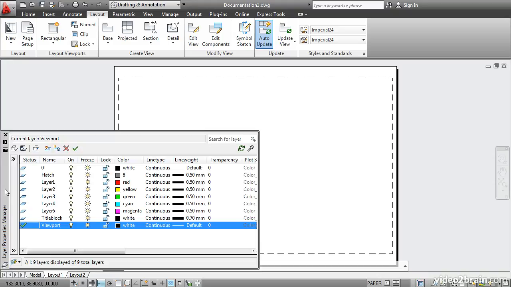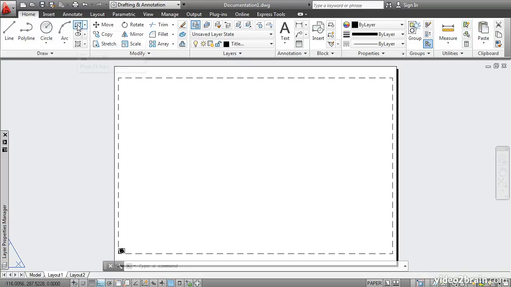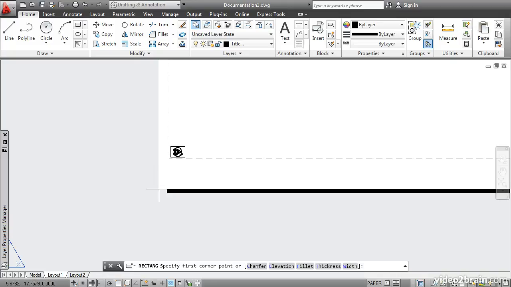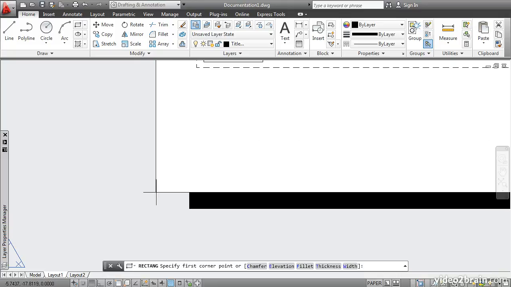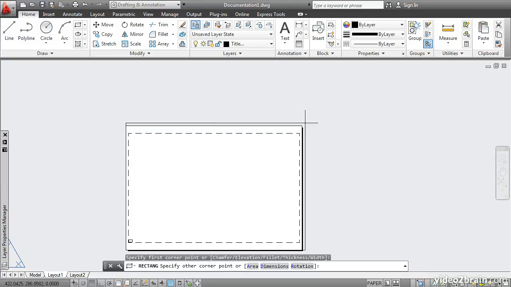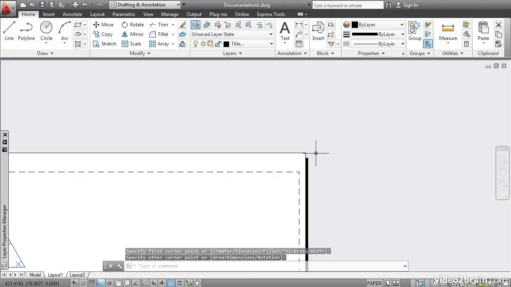Go to the Layer Properties Manager and set Layer Title Block Current. Now we'll just go ahead and draw the title block directly here in the layout. Switch to the Home tab and draw a rectangle. You can draw it as close as you can eyeball or estimate to the corner of the sheet. You can't actually snap to that edge. I'll just zoom back out, pan, and zoom in over here and draw this right to this corner. OK. I'll zoom back out